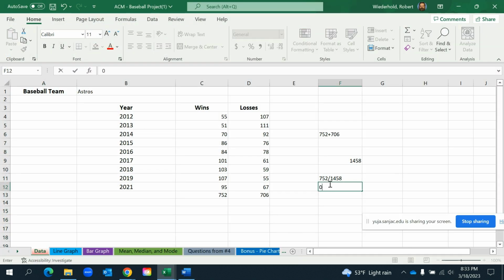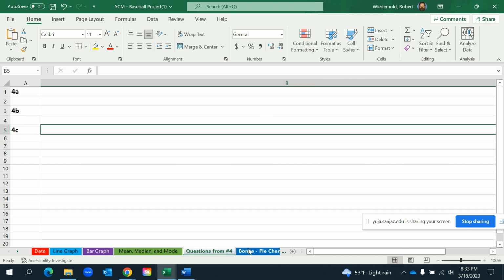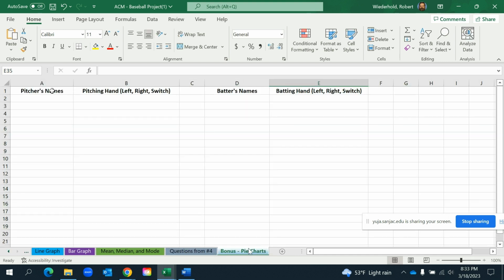So again, if we get 0.515, that's about 51.5% or 52%. You can round to the nearest whole percentage. So that's how you find the winning percentage for question 4. And now we can look at the